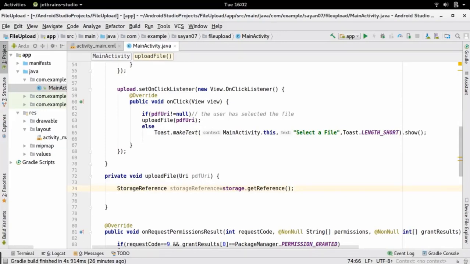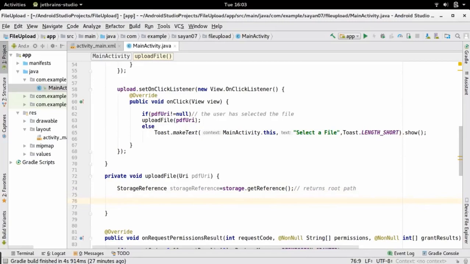Within the Firebase storage we can get the path by using the getReference method. It actually returns the path, and we will store the path in this storageReference object. This actually returns the root path.